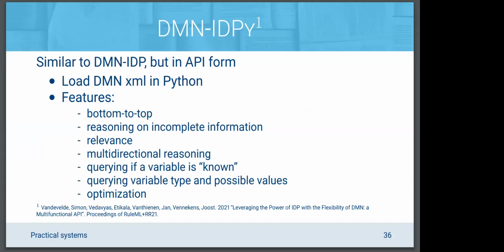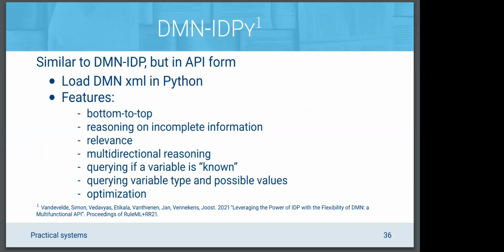Querying if a variable is known is something that is pretty interesting, because in our API, you can toggle on propagation, and what propagation will do is, every time you enter a value, it will immediately try to find out how that influences the rest of the system. So if you enter weight and then enter length, IDP will immediately be able to calculate what your BMI is. And so you should be able to query if a variable is already known, which is why I've also listed that there. And then you can also do some standard querying of the variable type and what the possible values are. So this is just listing the information that is in the DMN model itself.